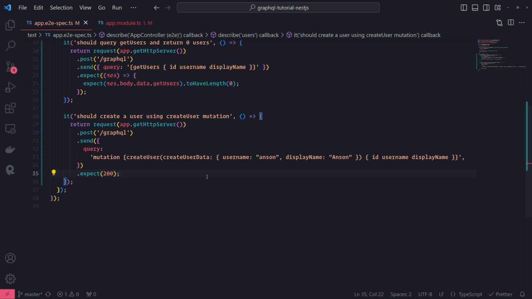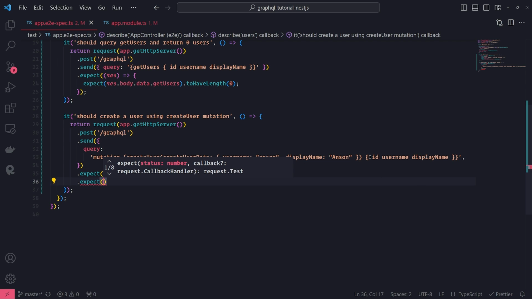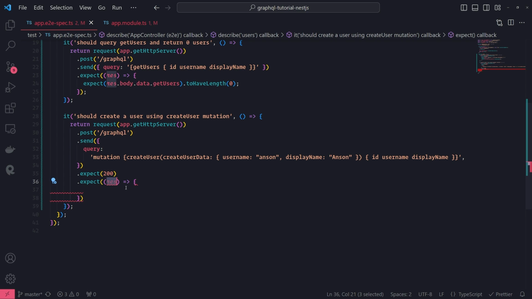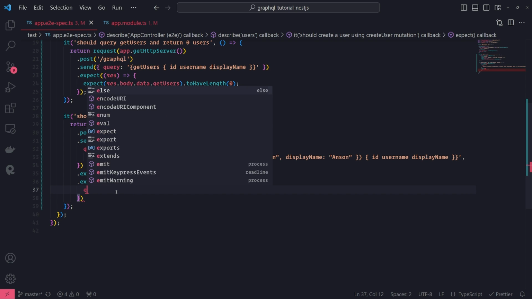Okay, but here we know that our test is working, and additionally, what I could do is write more assertions to verify that the response returned from this mutation is giving us the valid object. So I can write another expect by chaining it to this expect over here. I'm just going to call .expect again, and then pass in a callback function and get access to the response object. And then inside this callback function, I'll write expect